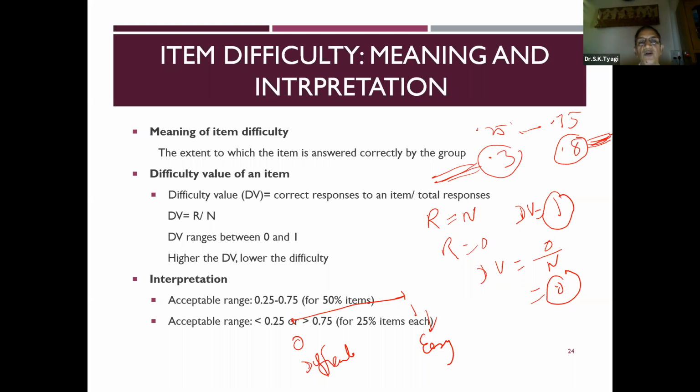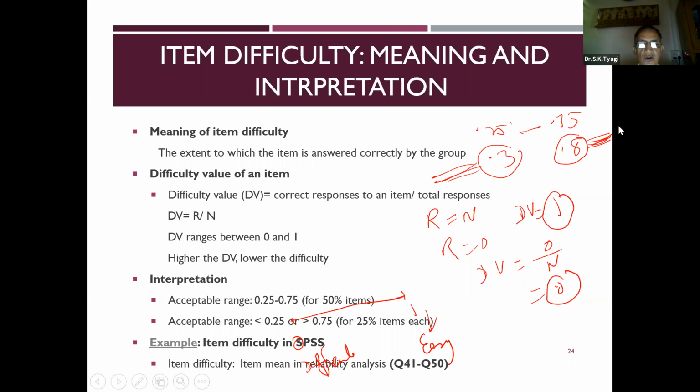Now, how to find out difficulty value using SPSS? Say for question numbers 41 to 50, we will be calculating difficulty value. This we can get directly using SPSS, but the name will be different. I will tell you how.